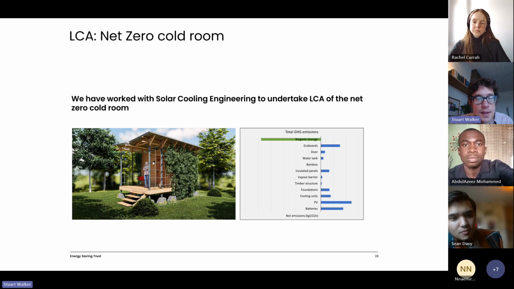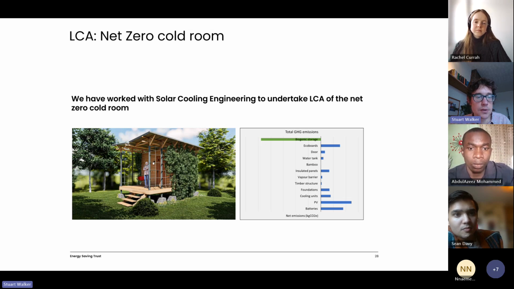So you can see in the slide, hopefully at the top, we have a biogenic storage. That's talking about materials that are made from timber and bamboo and recycled wood. As those products grow, they absorb CO2. So as a plant grows through photosynthesis, it absorbs CO2. So if we then use a wooden product, that CO2 remains stored within the timber. So within all the timber construction used in the product here, that remains captured in there. So you can see that in the green bar at the top there.